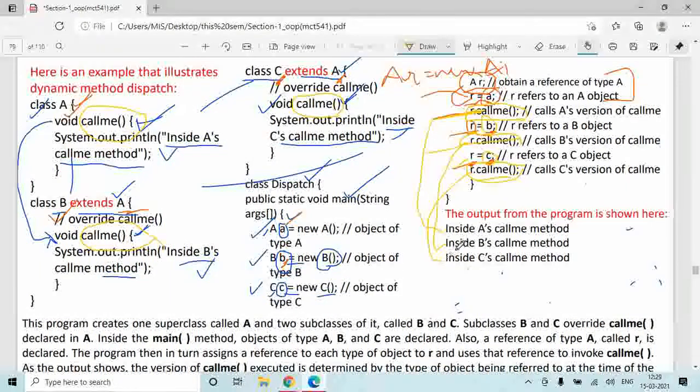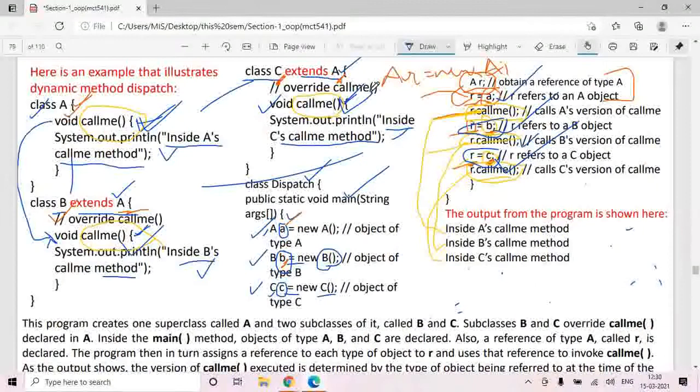What is the situation? Situation is this, that the reference is pointing to an object of class A, reference is pointing to an object of class B, reference is pointing to an object of class C. So if you have an inheritance mechanism or a scenario and you have overridden methods, then to the base class reference, whichever class's object you assign, it will give a call to the appropriate method of a respective class.